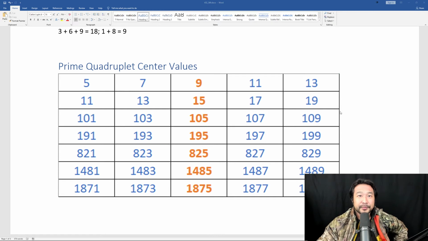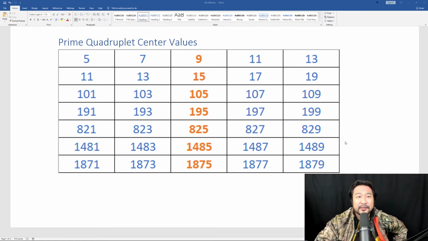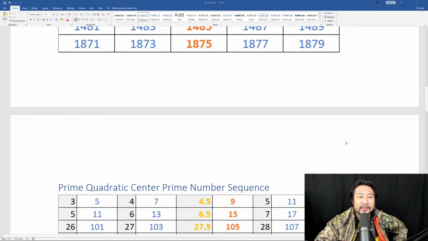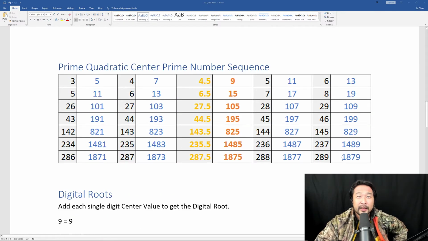So getting prime quadruplet values together in between those, I enter a set of values, which is 9, 15, 105, 195, 825, 1485, and 1875. I'll get more into this a little bit later, because we're also going to add a sequence to it. Now, what am I doing with the sequence? Well, basically,